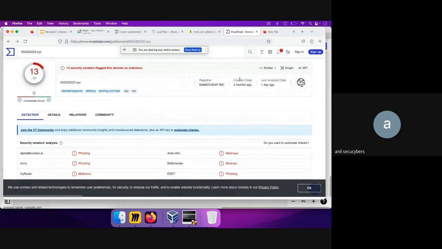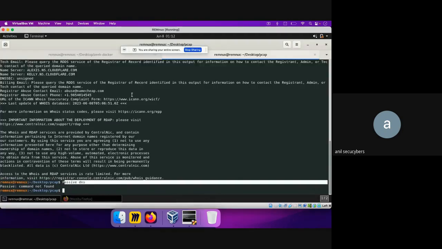Then we need to figure out, okay, what's the creation date. So let's say it was created just 1 day or 2 days back. So it will again add to a confidence that this website might be malicious. So that's one thing. So now once we have a confidence value, the other thing that can be done is that what you can do is, let's say,